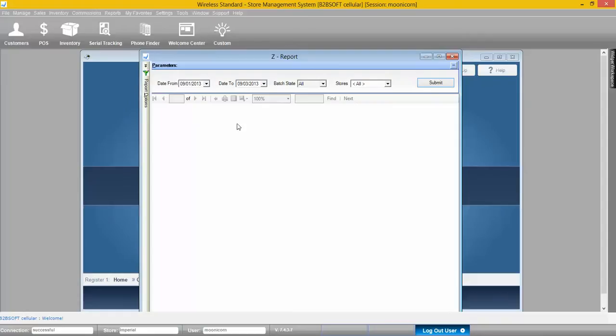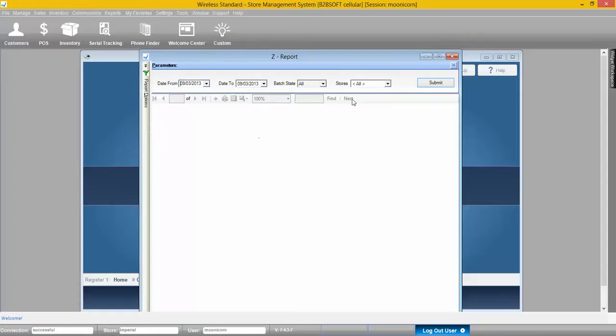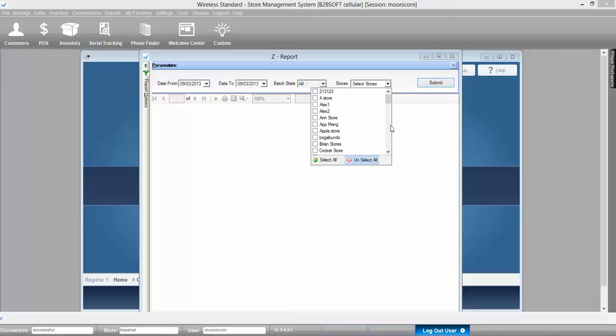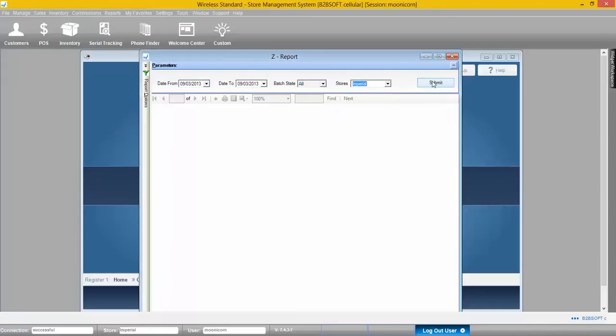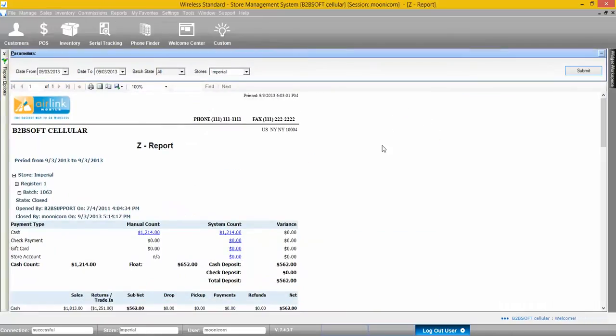Alright, Z report parameters loaded. I will pick a date range. I'm talking about today, and I will choose a location I'm interested in and click submit to run a report. This report will show me batch information during the day that I selected. So in fact there were several batches here. It shows you batch 1063 on the top,